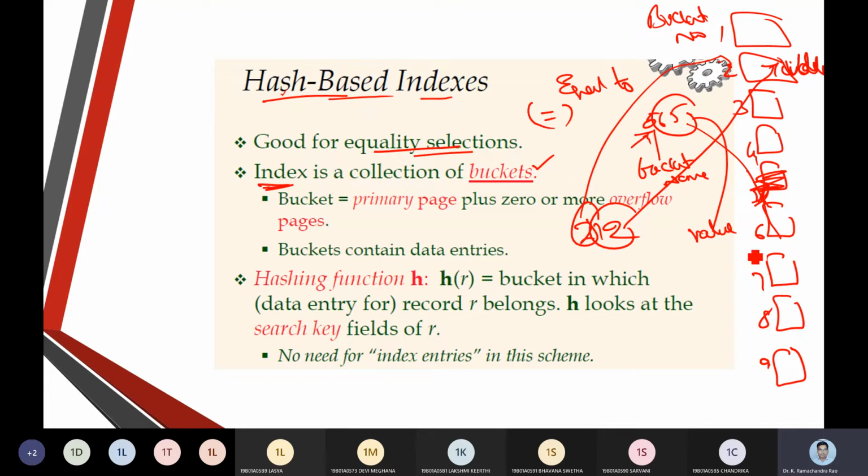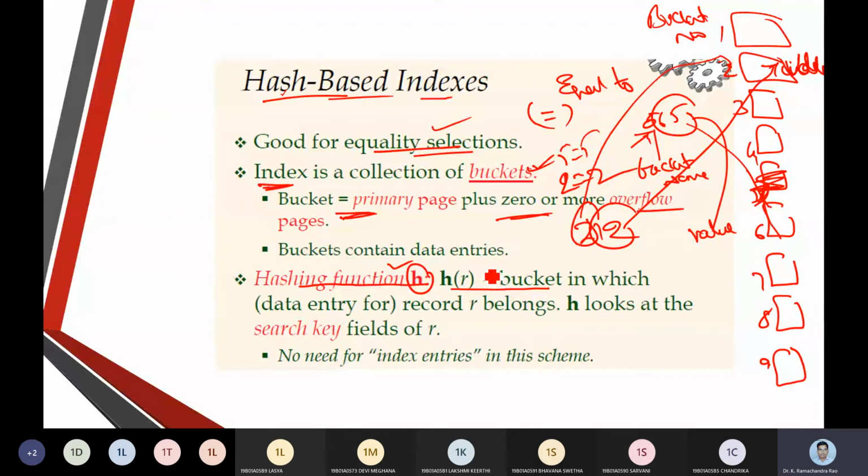To organize the things into buckets, we need to have equality. So what is equality? Is 5 equal to 5, is 2 equal to 2. You need to make some equality selection. To propagate that equality selection, we are using this concept of bucket. It is going to be used with the primary page and with no overflow, so we'll say plus 0, or with no overflow. The next comes the hashing function. In this hashing function, we will call it h.